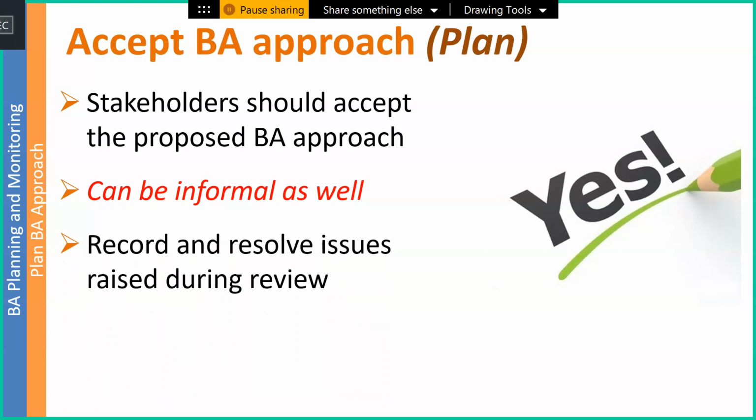Now, if you're making a recommendation and people aren't agreeing with you, then it's important that we record and resolve those issues. If you're in an environment that does not tolerate anything but a specific thing, it's still important that you document the risks. If you see risks with being purely iterative, which is what Agile is,